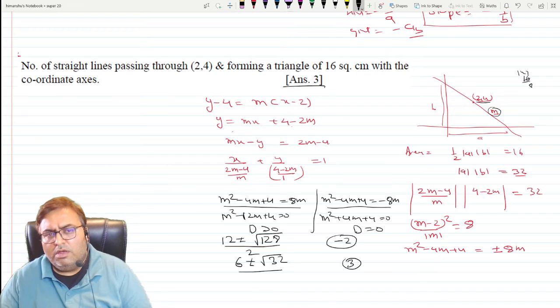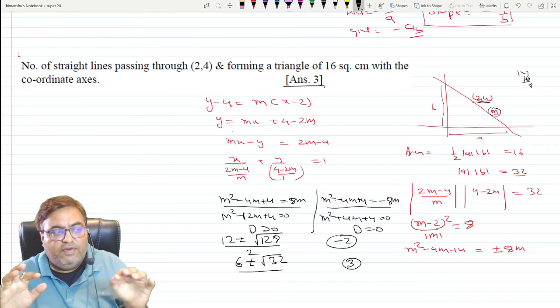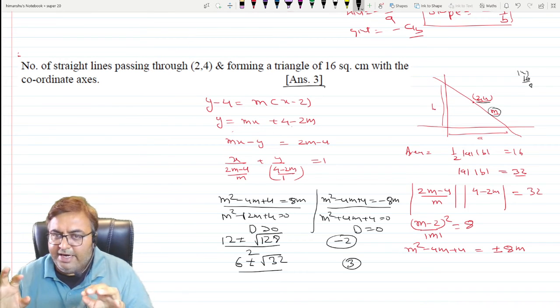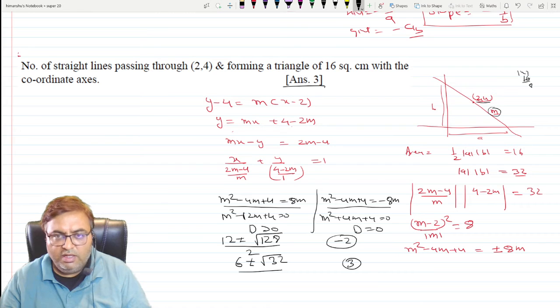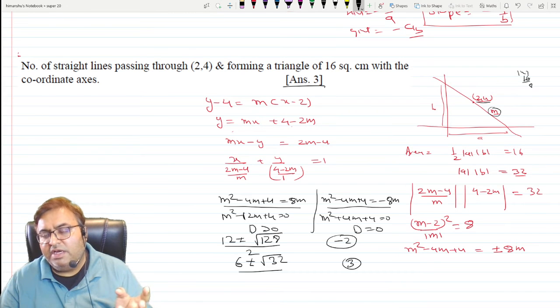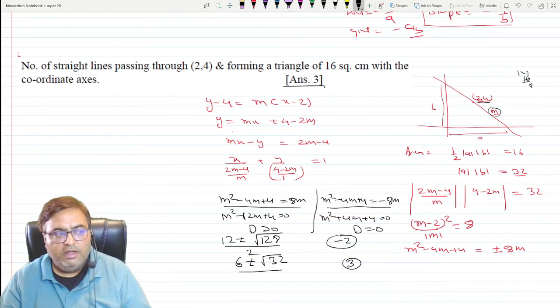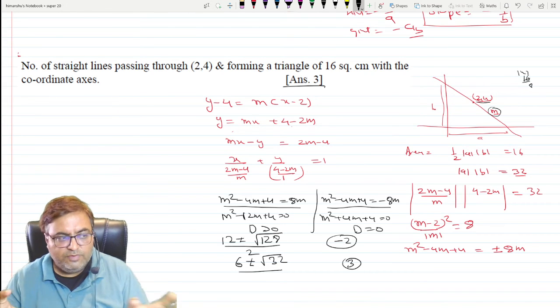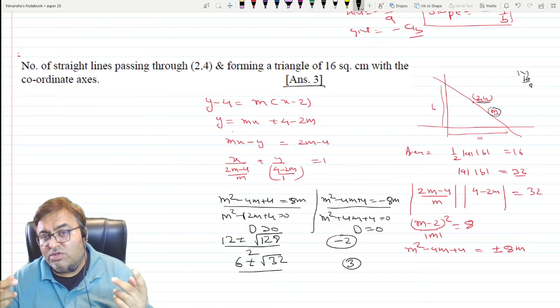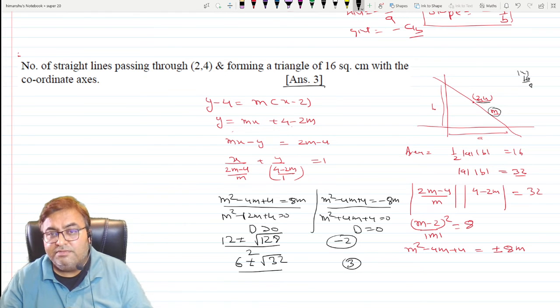Okay. There can be variations in this question. As you hear, you are finding what? You are finding two quadratics. So there might be different possibilities over here, that you might get 4 different real solutions. There might be a possibility that in one d is 0, in one d is positive, so you will be having 3. But there is a possibility that one of the roots might be common. So you have to look after the common roots as well.